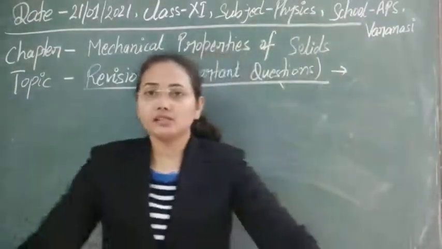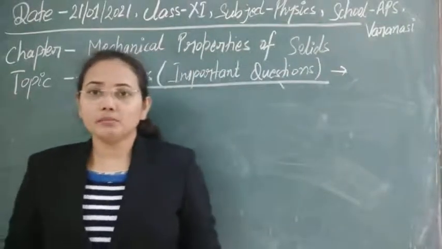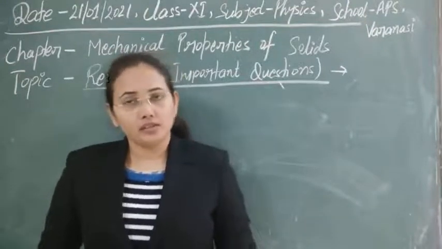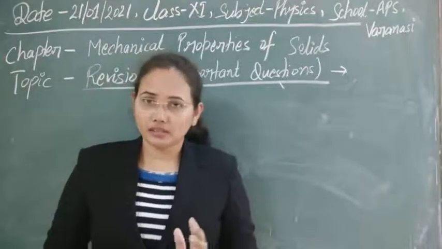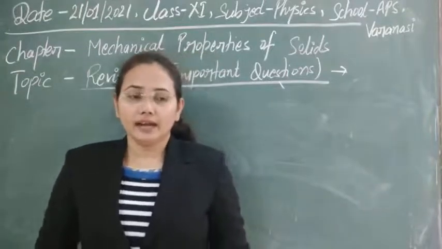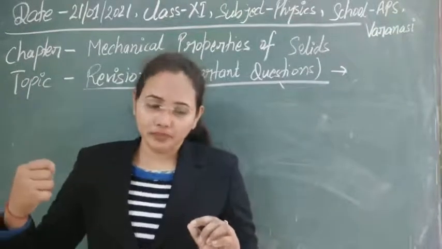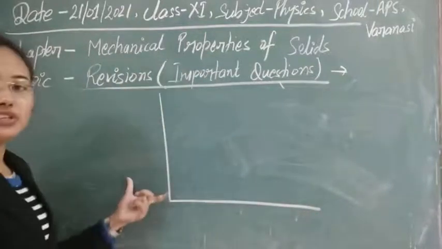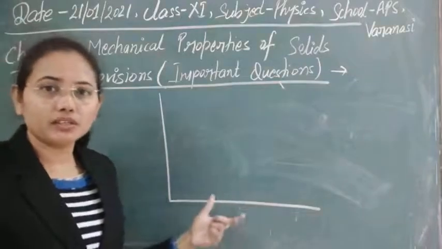So basically we have seen these things that are important here. The next important thing is the stress-strain curve for a wire. That is a very important question for long-answer questions. Suppose we take a wire and start to apply some force on it. It means we are applying stress on it, and according to that stress we see the strain produced in the system.